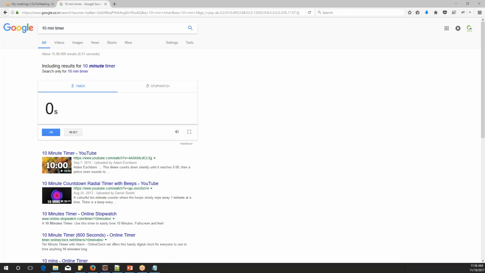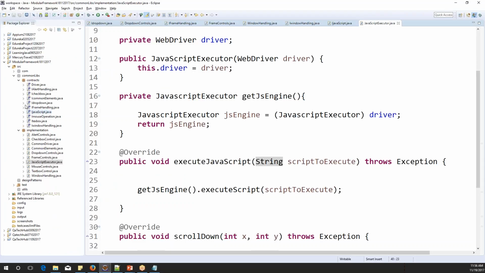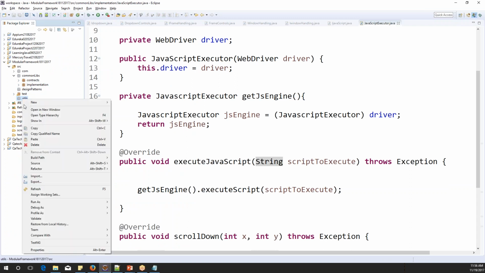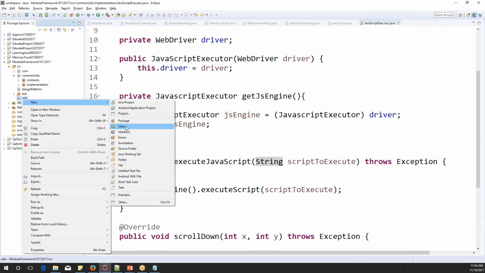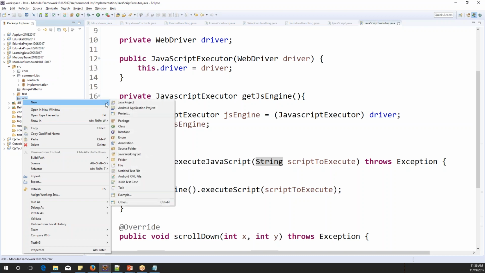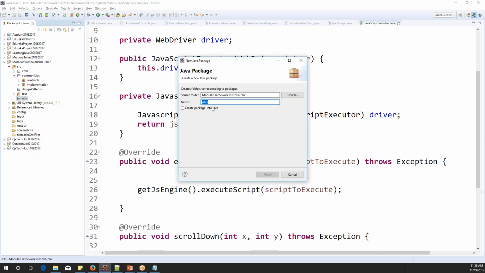Okay, so let's start with the wait utility. Design buttons will start in the next class only. Let me complete one of the wait utilities. So in utilities, you can have utility at multiple levels, like you can have at project level, test level, and then at Selenium level. Okay, so I'll create one package inside it and I'll call it